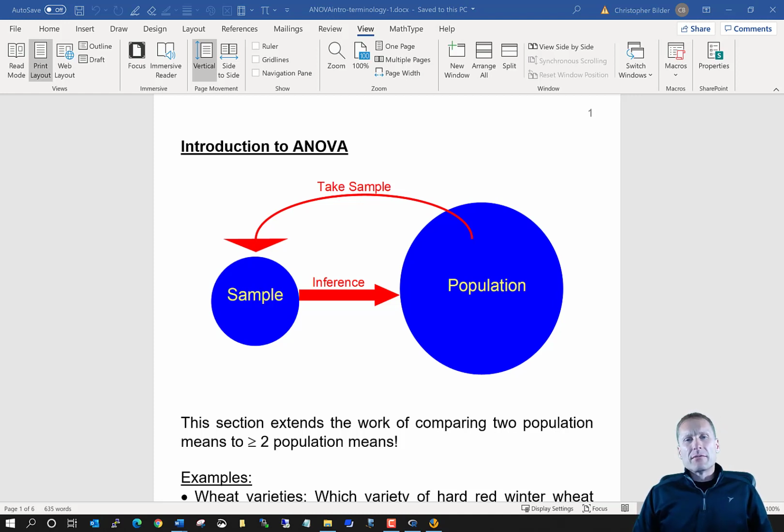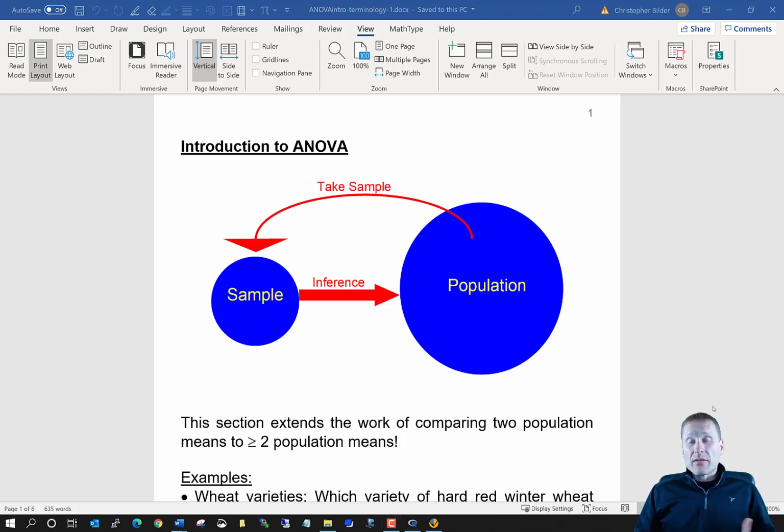And you might be wondering, well, that's kind of weird because you just said that we're looking at how to do inferences for multiple means, but yet this is called analysis of variance. We'll eventually talk about why it's called analysis of variance in our notes. Okay, so again, we have this diagram that we've been talking about all semester long here,